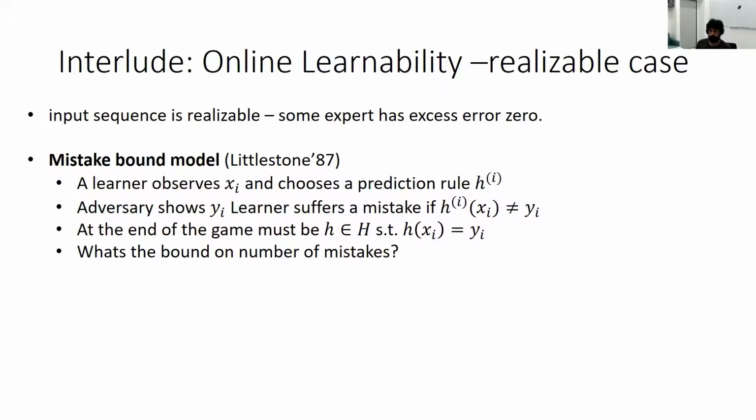So to give an exposition of the result, I want to go back to online learning, and I want to consider a special case that can be thought of as a realizable setting. It is also known as the mistake-bound model and was introduced by Littlestone in '87. The setting is very similar. We continue to consider an online game between learner and adversary, but now the adversary is constrained to choose a labeling that must be consistent with one of the hypotheses in the class.